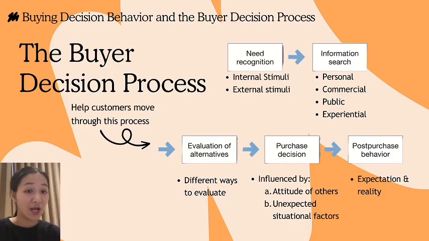Next is the buy decision process. As marketers, we should be able to help the customer move along this process and in the end choose our product and have a good experience with our product. The first stage is when a problem occurs, and the customer wants to find a solution, a product to help them solve that problem. And after doing some research, they might end up with a few options to choose from. And then after evaluating these options carefully, they end up with the one that they like the most and then they buy it. But that's not done. After that, they will use the product and see if the product's quality matches their expectation. And it's so important that we can deliver a good experience, not just push them to choose our product.